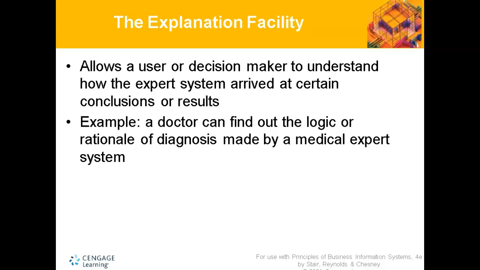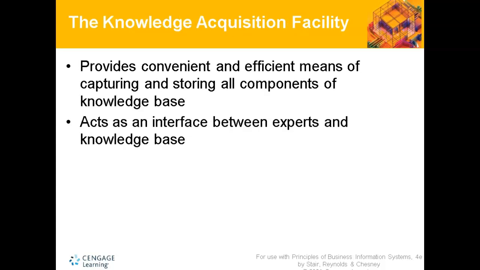Same thing with the expert system. When they give you an answer, they don't tell you how they got to the answer. They don't explain the memo. So the explanation facility is a system that explains how you got the answer, right? Maths, take notes. The knowledge acquisition facility is where the knowledge management system, the IT system, the computer system, gets